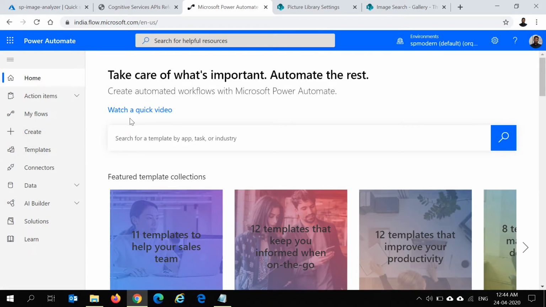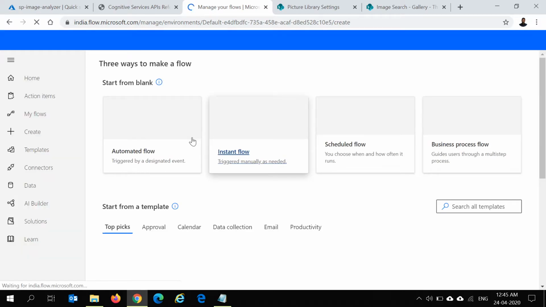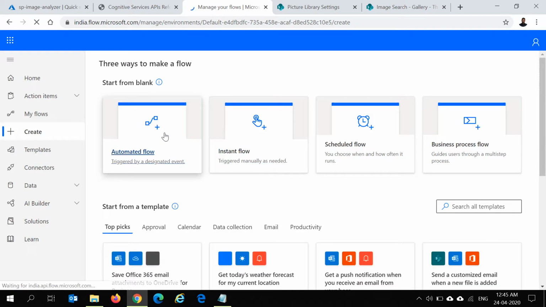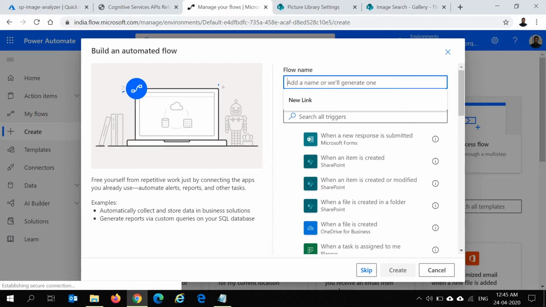I've just logged into my flow portal, and I'll click on create. I'll create an automated flow, basically on a trigger, and let me give the flow name as image analyzer demo.